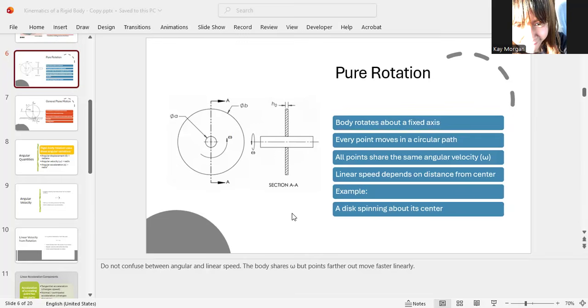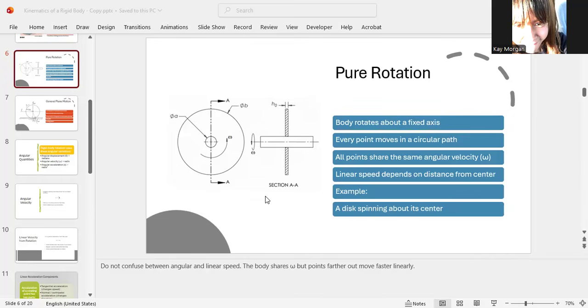So even though angular velocity is the same everywhere in that rigid body in rotation, the linear speed is not the same for every point in the same body. So we have two different velocities. One is the angular velocity, and the other one is the linear velocity. We also call that the linear speed without the direction. If we put the direction on every point in the object, we call that the linear velocity. Don't forget, for every speed you can add the direction. When you add the direction, it becomes a velocity.